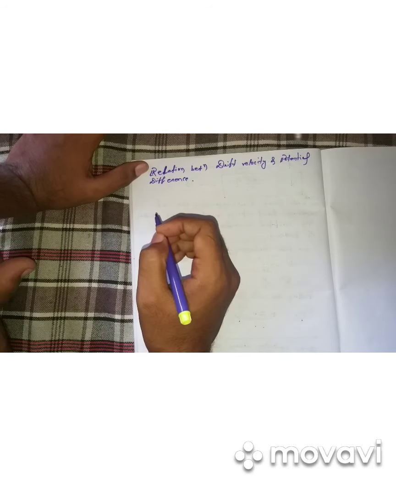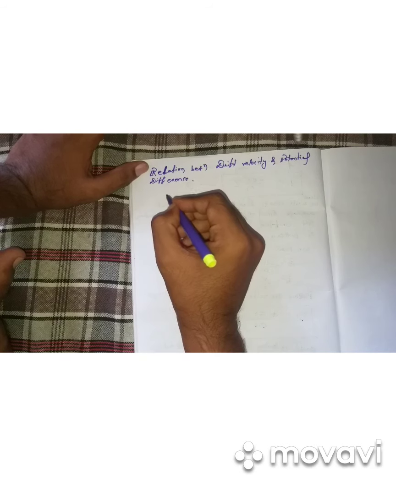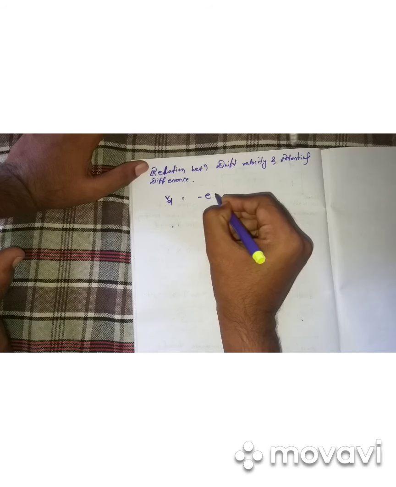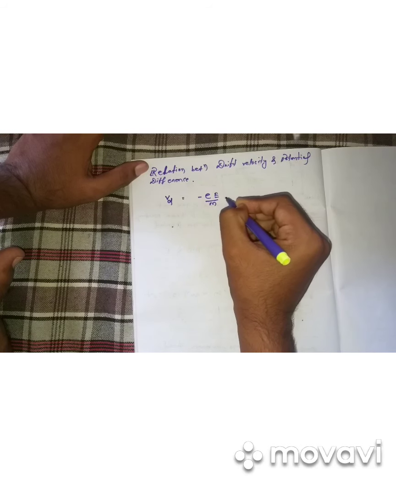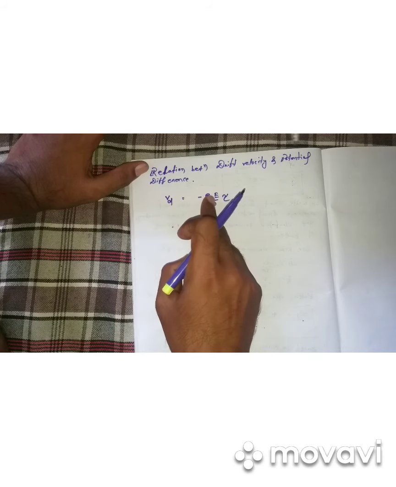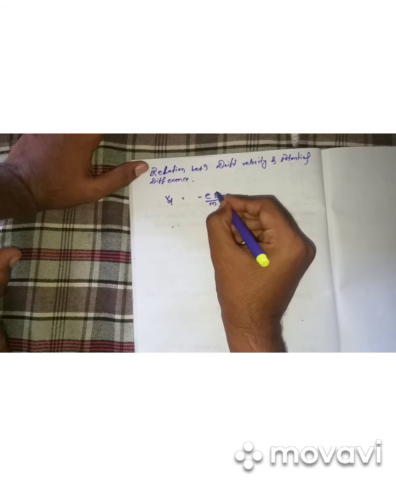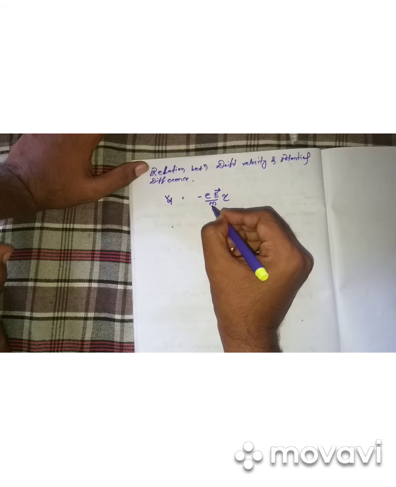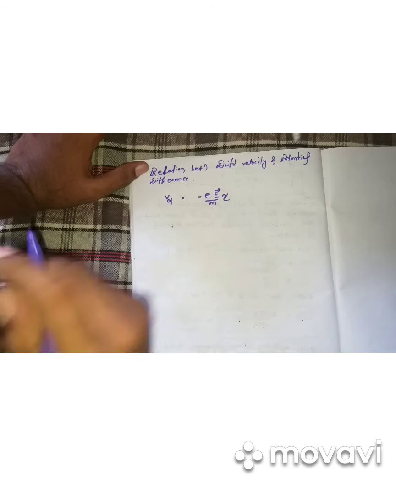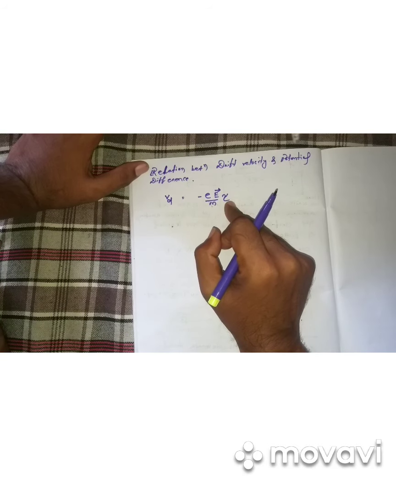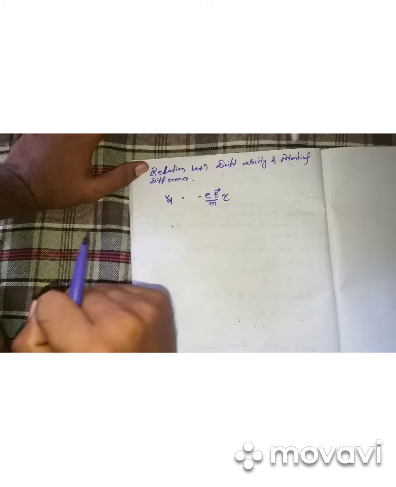From the above definition, we know the formula of drift velocity: Vd equals minus e by m into tau, where Vd is the drift velocity of free electrons, e is the charge of the electron, capital E is the electric field, and m is the mass of the electron, and tau is the relaxation time. Okay,